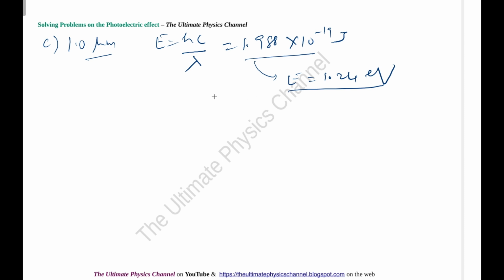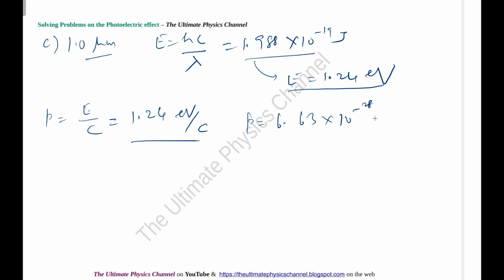Then we can now do the momentum. P is equal to E over c. Therefore, 1.24 eV over c. And then in kg meter per second units, we can convert this, P is equal to 6.63 into 10 power minus 28 kg meters per second units. That's what we get. The last part of the problem,